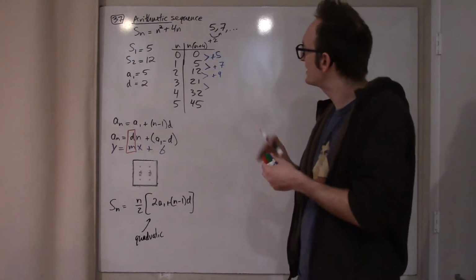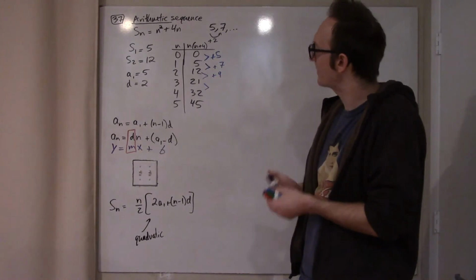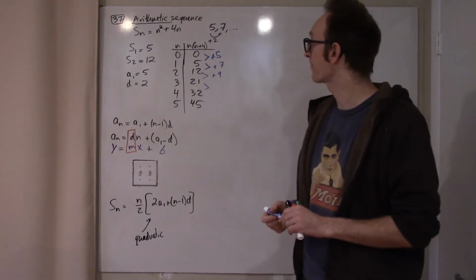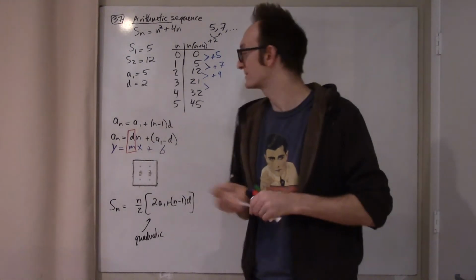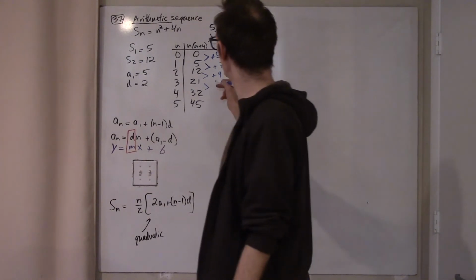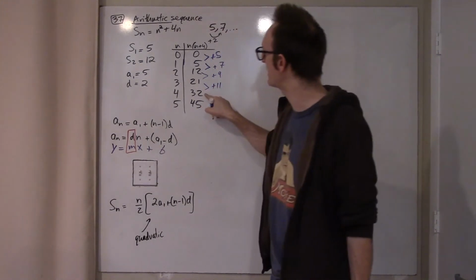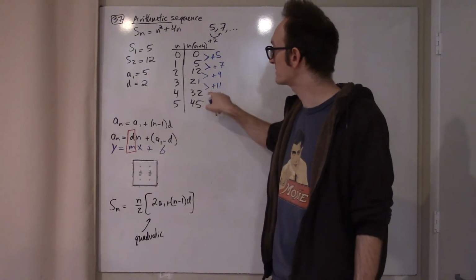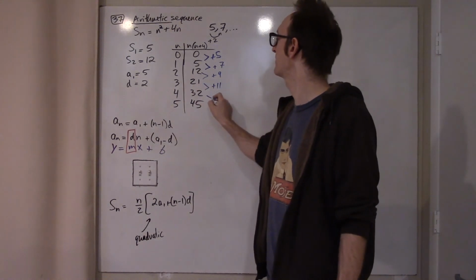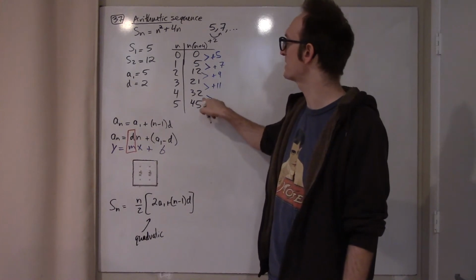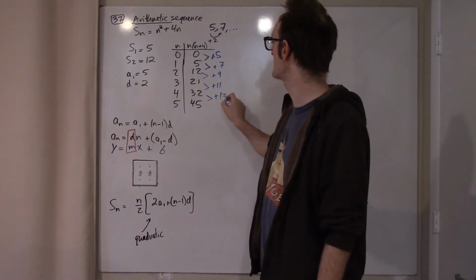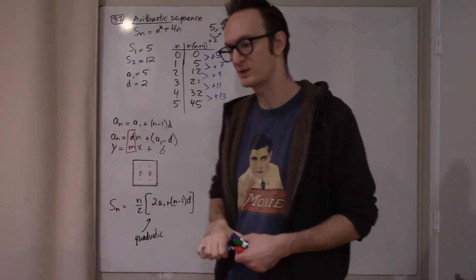Okay, and you can see this here. Why is it quadratic? Because the finite differences are giving just the terms of the sequence. And so what's this one? This is plus 11, which is to say that the difference between the sum of the first 4 terms and the sum of the first 3 terms is just the 4th term added. The difference between the sum of the first 5 terms and the sum of the first 4 terms is just the 5th term. And so this is now connecting everything we've learned this semester,